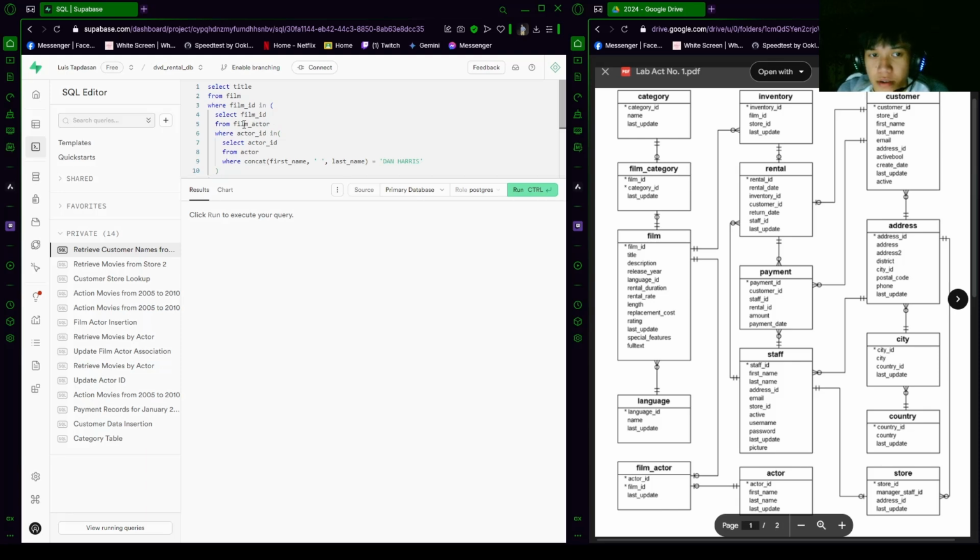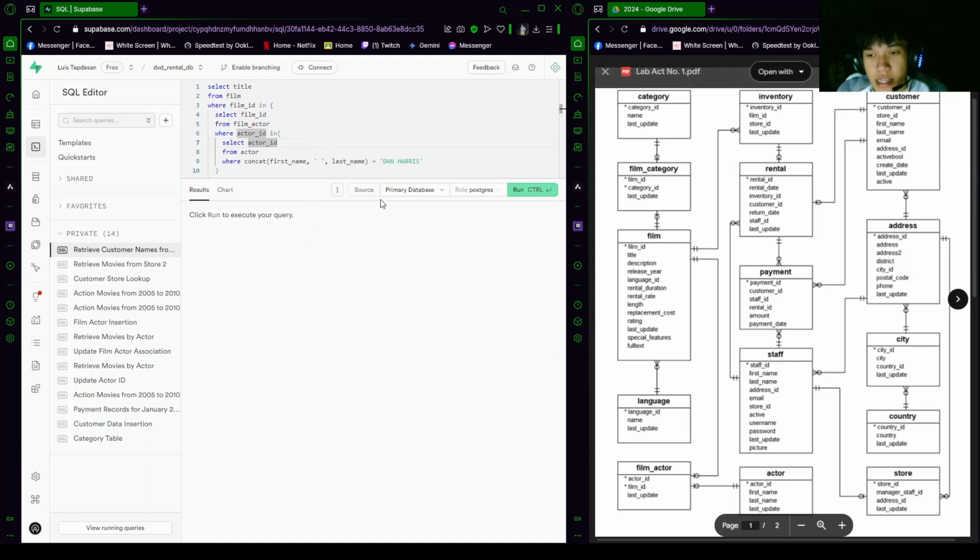So in this part, we are connecting film ID in. So this film ID is connected through the film actor. So here, from film actor, film ID here, this one. After that, where actor ID, so here, in select actor ID, this one, from actor here.